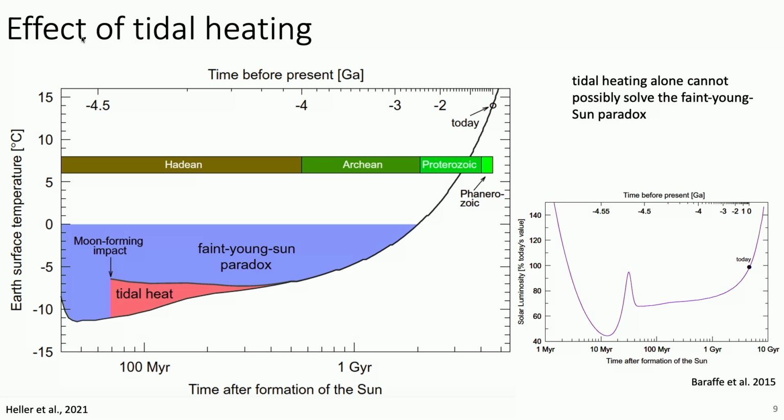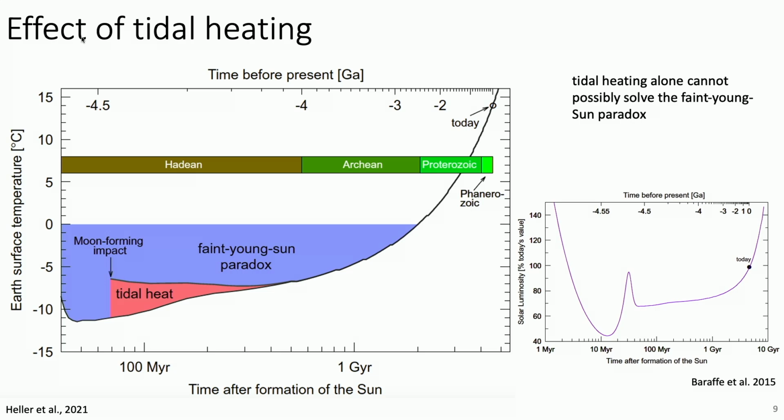But what's the effect of the tides? If we want a large tidal amplitude, it would translate into large tidal heat. Else that doesn't work. Here is a publication by Heller and collaborators in 2021 from some models where they performed a model of the Earth's surface temperature as a function of time. Present is here, and that's the onset of the Earth. So it's based on